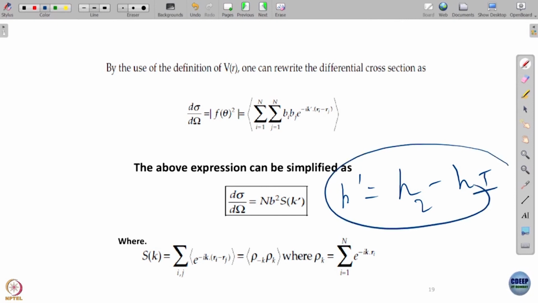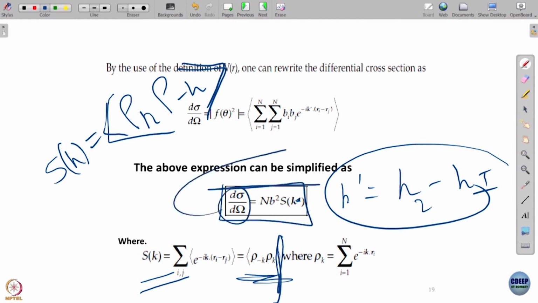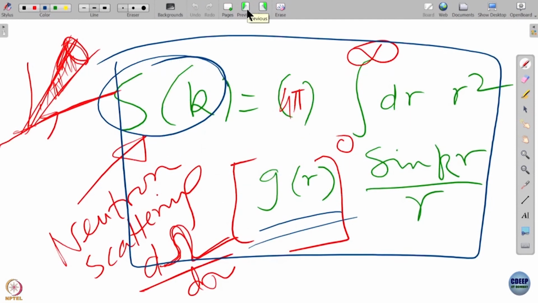So this is the structure factor, and one can also show that the structure factor S(k) is the same as rho_k rho_minus-k, which is done in the book, and that is the same as this quantity. So the static structure factor is measured by experiment, and this relation is the theory, and this S(k) is nothing but the Fourier transform of the radial distribution function, as we have. Yes, this is the equation.